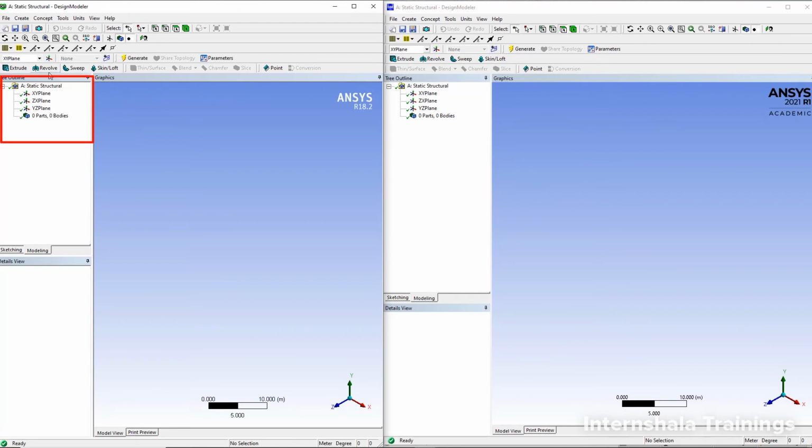The tree outline for modeling is at the same position as in the newer version, and mind you, there is not much difference in the placement of options between different versions of the software in the Design Modeler module as well.